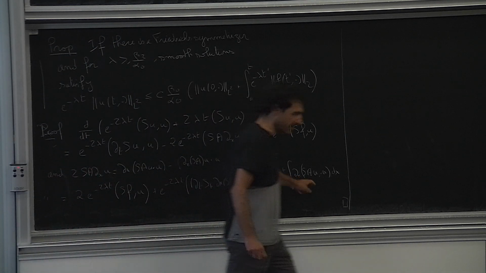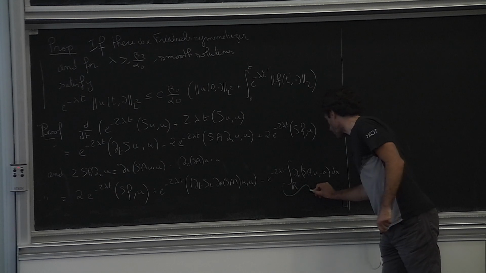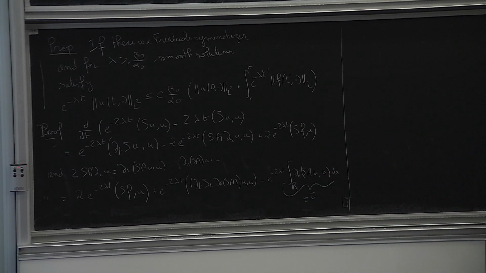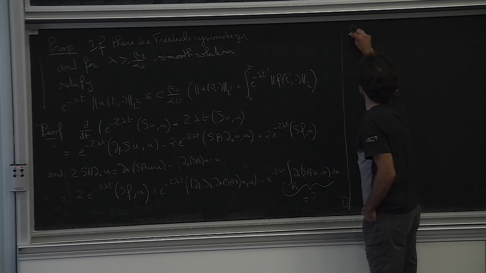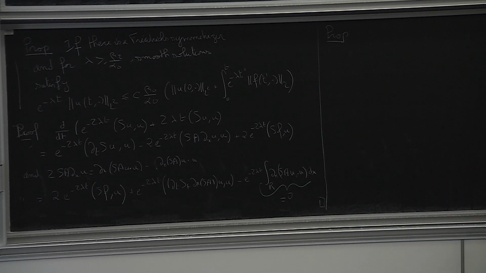And this other term, which I had not commented on this morning, is equal to 0, because it's the integral on R of a derivative. Of course, this will not be equal to 0 in the case with a boundary, so we will see this later. First, let me generalize this to higher order